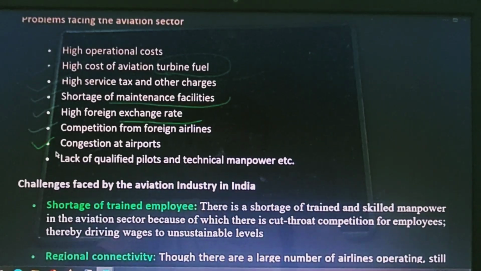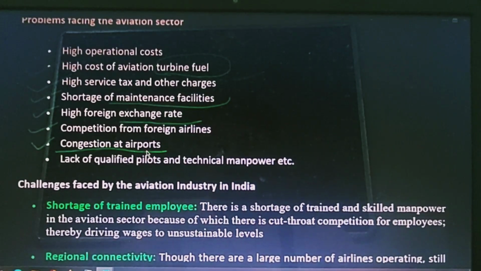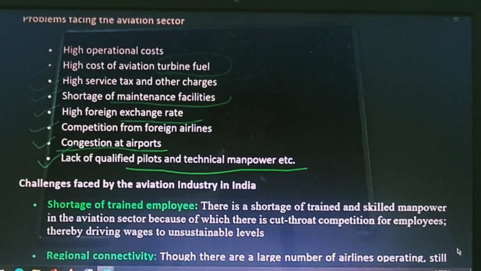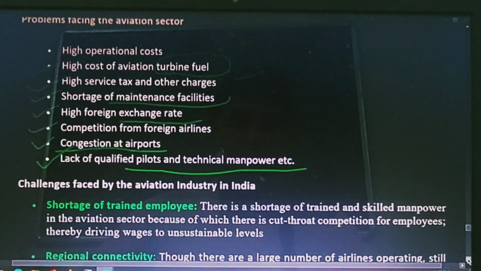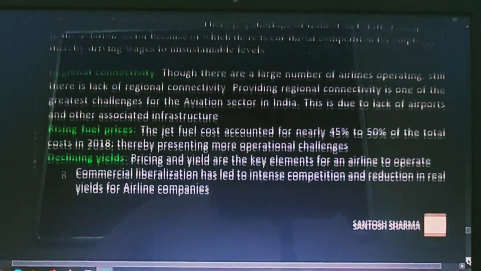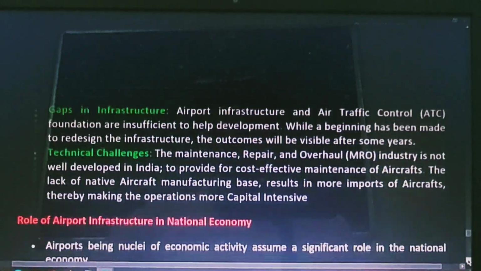There is lot of congestion at airports, और पैसेंजर्स के लिए और कार्गो के लिए अलग अलग एयरपोर्ट्स की फैसिलिटी भी नहीं है, so there are lot of problems. And there is lack of qualified pilots and technical manpower to handle the cargos. So this is again a major problem. So these are all the problems, and